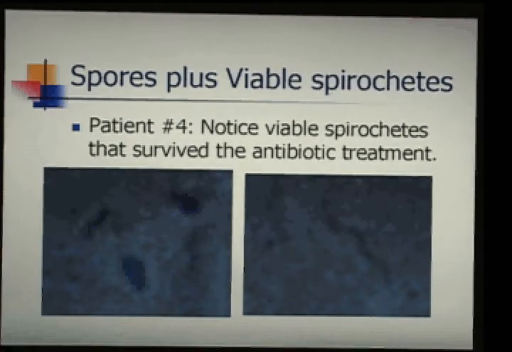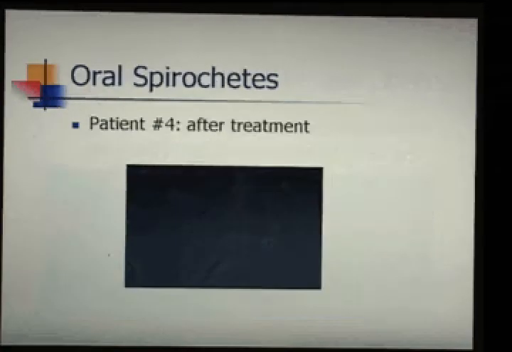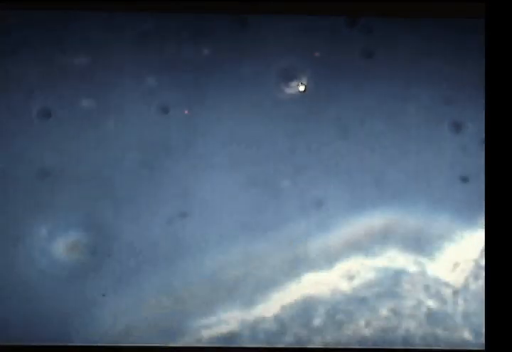And when we went back and analyzed, let's look at patient 1. Okay, this is patient 1. At the time, we didn't know what these bodies were, but they fit the morphology of what we found in patient 2 and 3. So we went back and reevaluated this slide, and we found this same morphologic structure in this patient, and went back and reviewed many other patients that we didn't have any idea what these structures were. And all the patients with periodontal disease that had spirochetes, once treated with antibiotics,